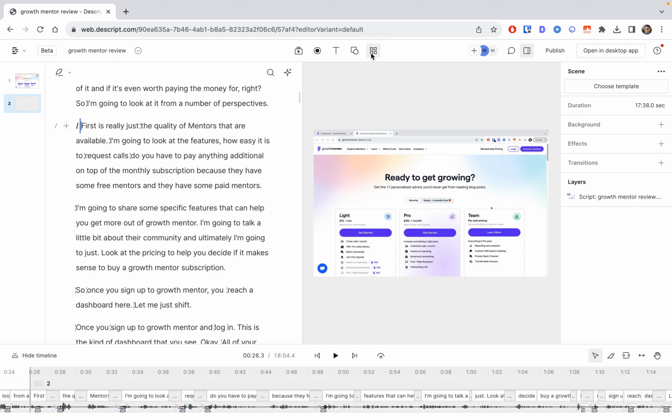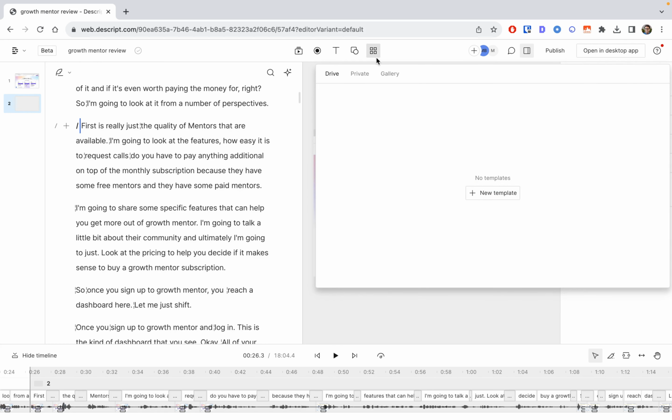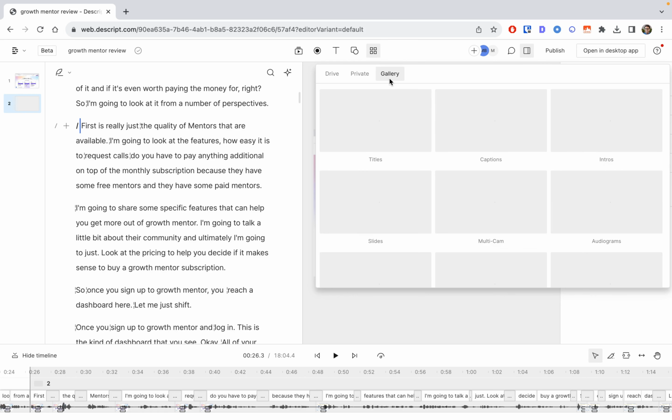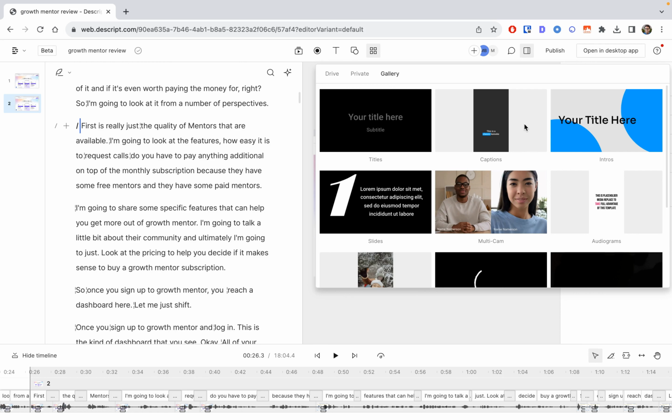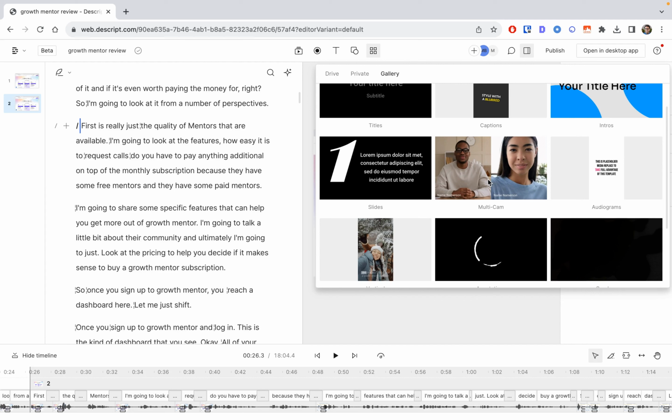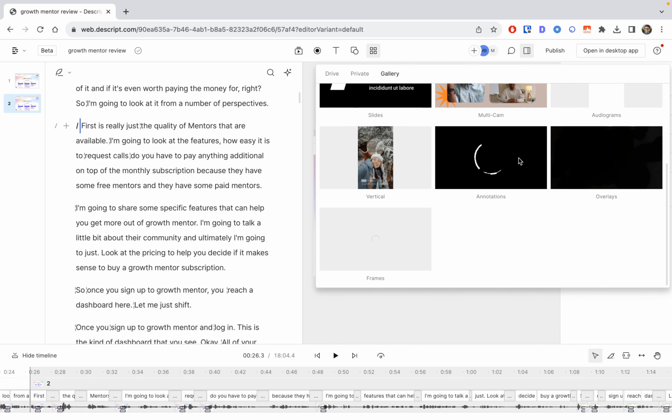Right. And the last cool thing in here is that they have templates, right? So you can use their templates to create any sort of video. For example, if you have a podcast where you don't have a video, you can create an audiogram with the captions through this. So it's a great thing if you're a podcaster. If you want to create a Zoom style video, or if you have two separate videos and you want to put that into this, or if you want to just create a product video or something, you could do that through the multicam feature.